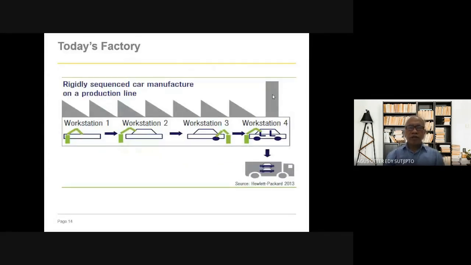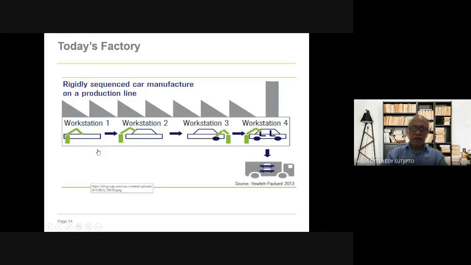As an illustration, take a factory coming into the Industrial Revolution 4.0: the rigidly sequenced car manufacture on the production line.